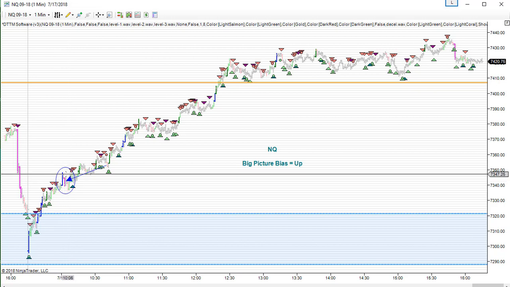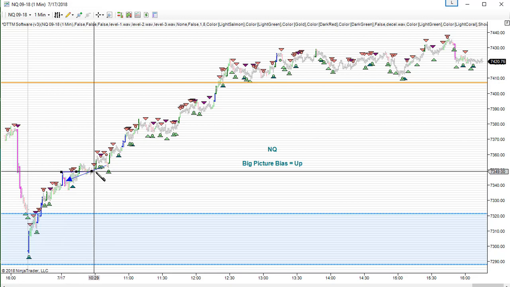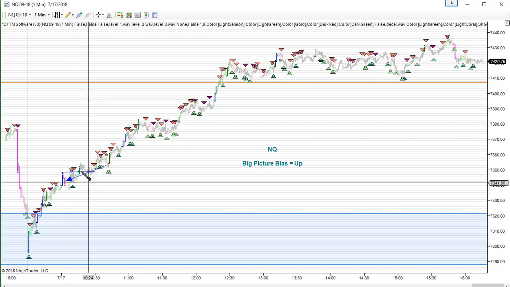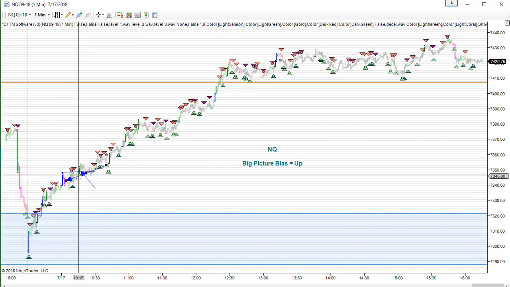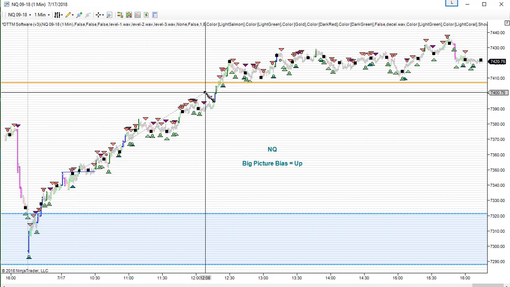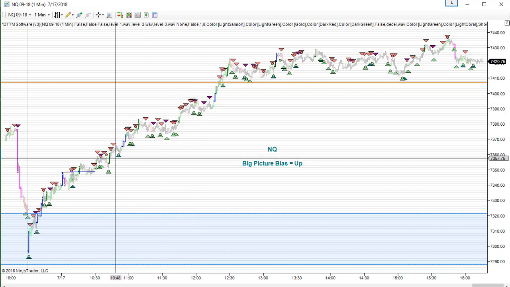And in essence, the buyers win this tug of war. You can see when we get the next aggression bar right here, this level 3 buying bar above it, this tug of war is essentially won by the buyers. Okay, and that means that the door is wide open for buyers to take it higher. If they can get something going, it would go all the way to the all-time high would be the expectation, and